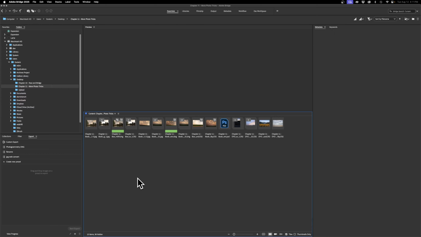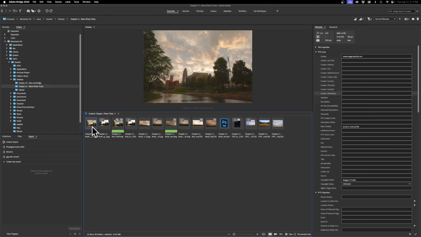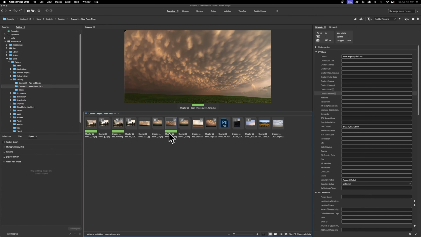I'm going to come here to Bridge, and I want to mark the files that I would want to put in for delivery or send off to somebody. So I've got my HDR JPEG that I forgot to mark earlier. So Command or Control 8 to mark it green. So I've got JPEG HDR. I've got my RAW HDR. I've got my RAW